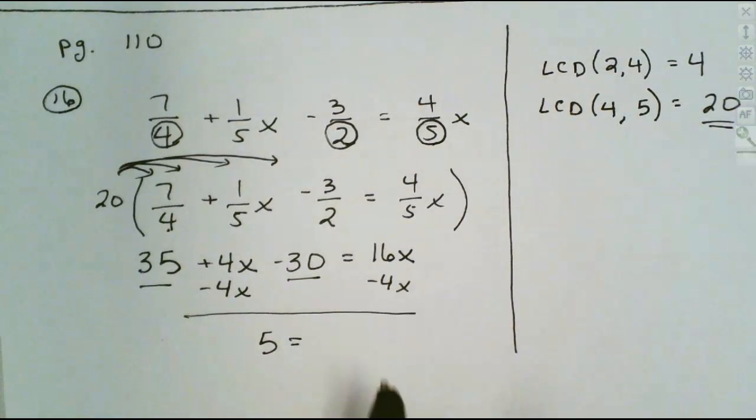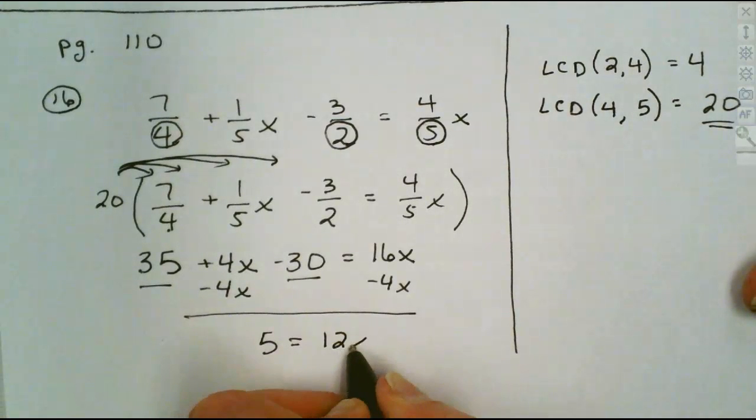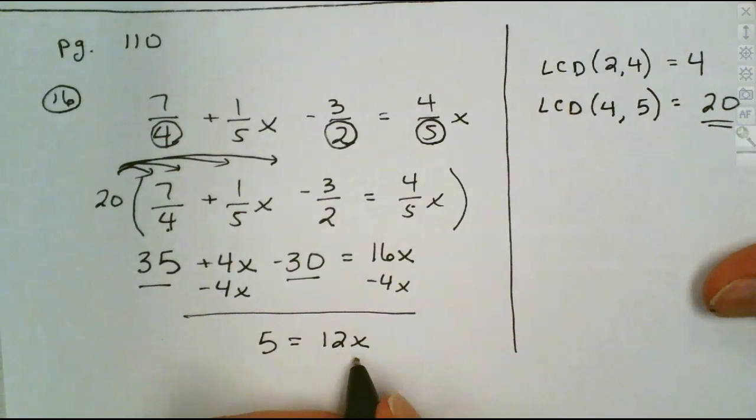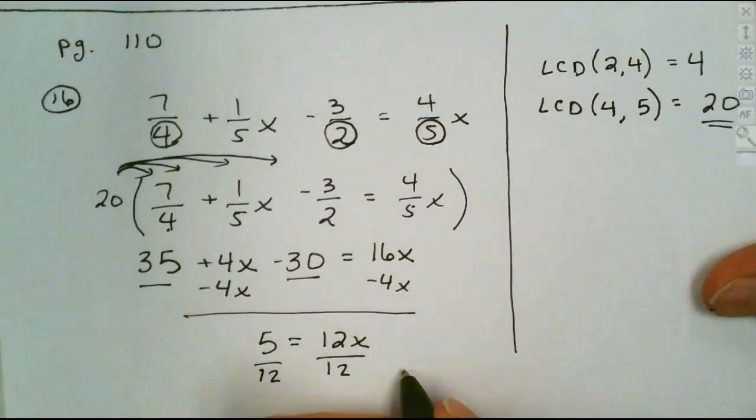And 16 minus 4, well, that leaves you then with a 12x. How do we finish it? Divide by our 12. And then we'll rewrite this as x equals now